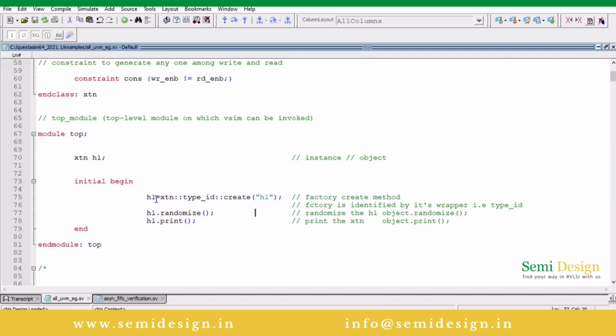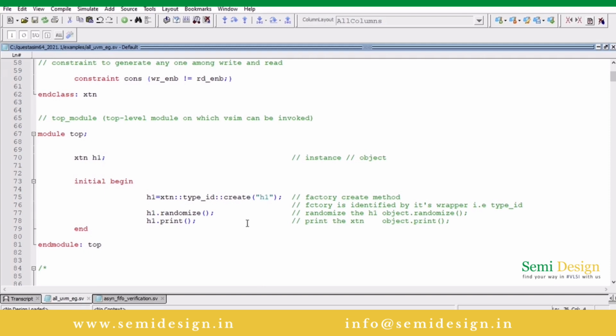What is the syntax? This object is equal to transition, this is the class name, scope resolution operator, then type_id. Why type_id? Because the factory is identified by its wrapper, and the wrapper here is type_id. Then after the scope resolution operator, create, and within parentheses, in double quotes, we need to provide this object name.